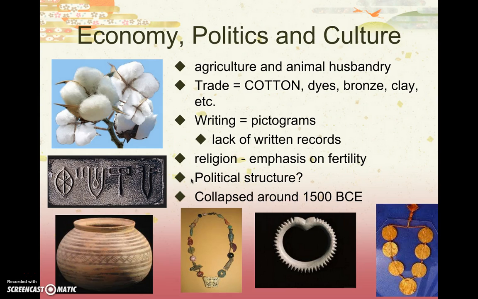So over-irrigation and deforestation made the Indus River Valley more and more of the desert-like climate that it currently is. Then also, because of the monsoons, there could have been a series of floods that gradually destroyed cities. Archaeologists have discovered massive amounts of human remains in certain places, so they theorize that something really catastrophic could have happened. Other people say it could have been something like an earthquake, maybe a tsunami in coastal areas. So we don't quite know for sure.